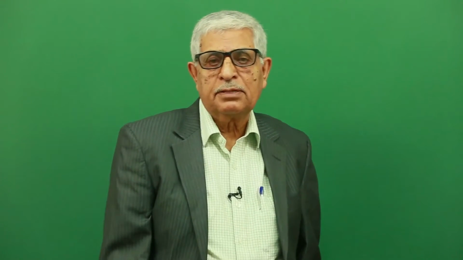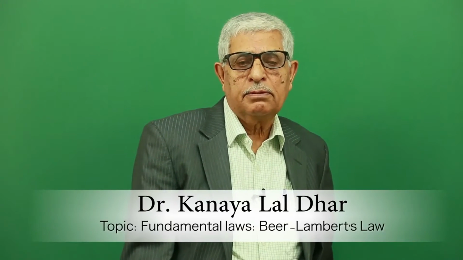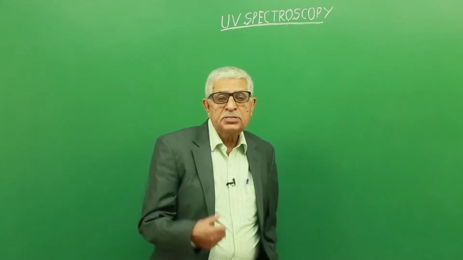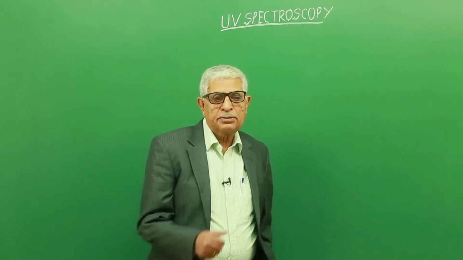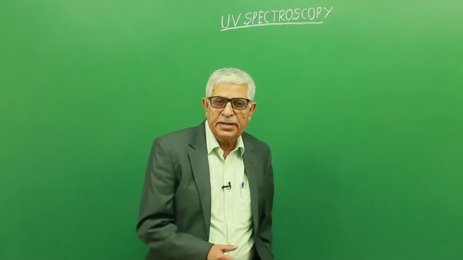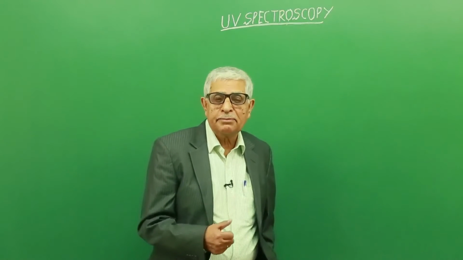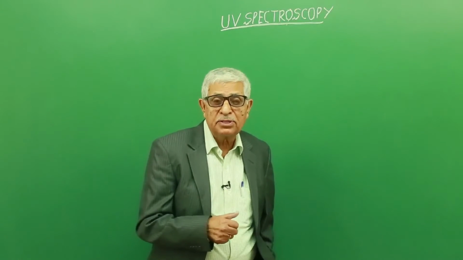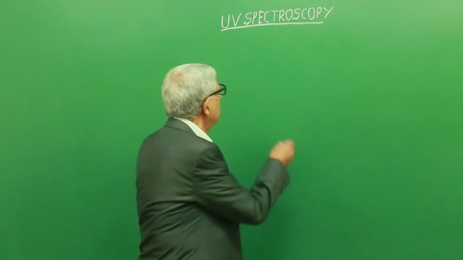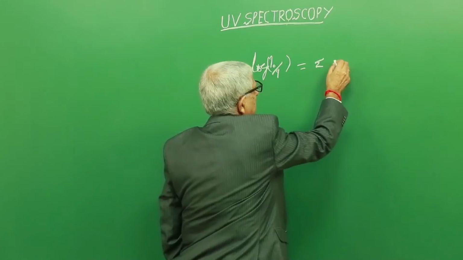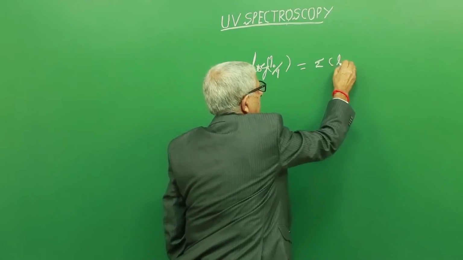So absorption of light, of course artificial, monochromatic light, is governed by the Beer-Lambert law. They are empirical laws. And what are these? If I say the incident light is I0 and the transmitted light is I, it depends on, one, the concentration, C, and the other, the length of the passage, the path. And the concentration is the molar concentration, we call it epsilon, or in short, I0 by I is equal to the molar concentration and the length of the path.